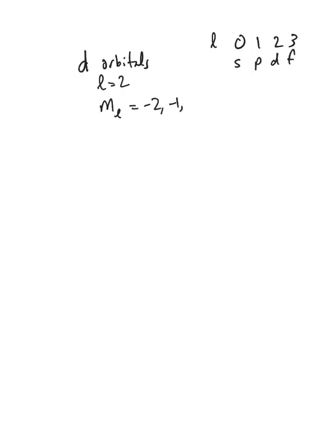How about d orbitals? Remember, l values of 0, 1, 2, 3 gave us designations of s, p, d, and f. So now we're talking about l equals 2. That means the m sub l available values are minus 2, minus 1, 0, plus 1, and plus 2. And the d orbitals are going to be even funkier looking. The s orbitals were just like a sphere. The p orbitals had 2 lobes to them. And the d orbitals, there are 4 of them